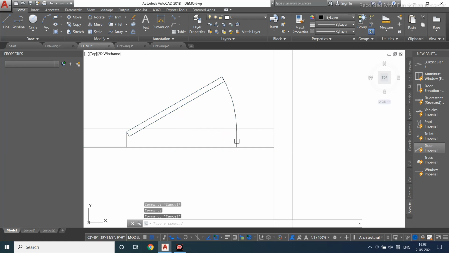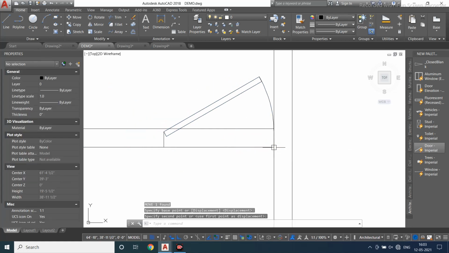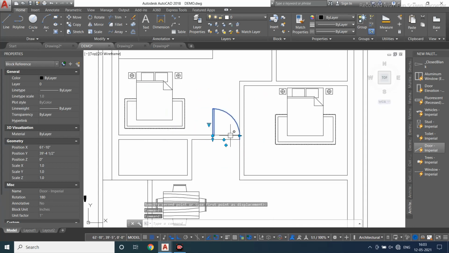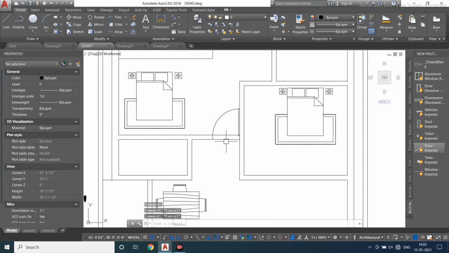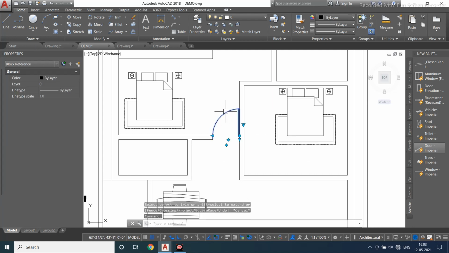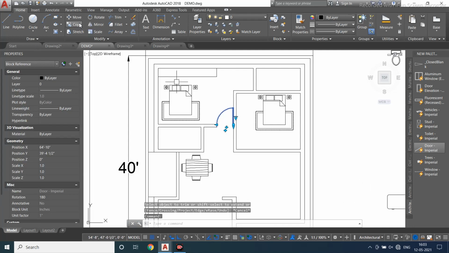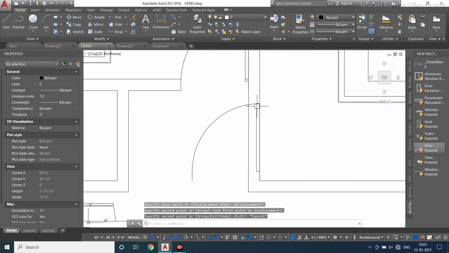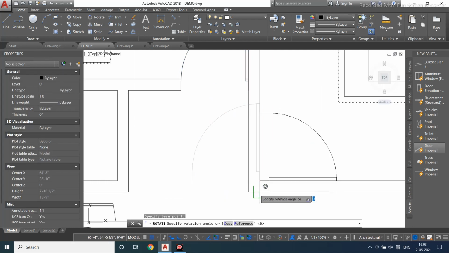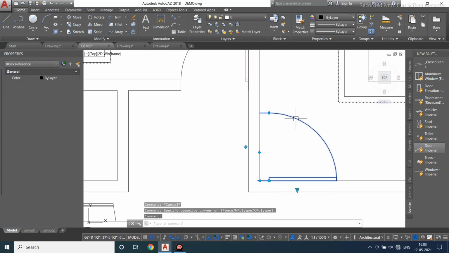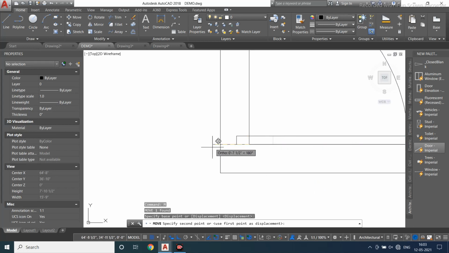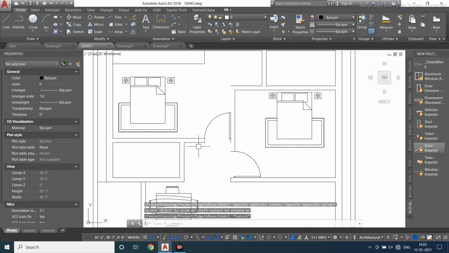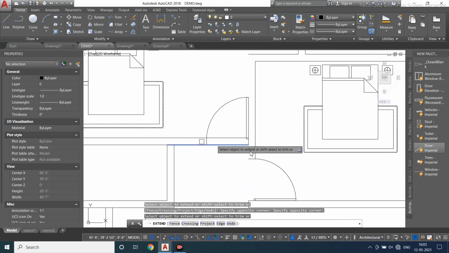So a 3-feet door, I just move the door over here. How easy it is. Select this one and click over here and make it 90-degree, and automatically you can flip it and trim over here. So now you can find it is easy. The same thing you can do over here. Come over here, rotate 90-degree, move it and trim it. So I think you are feeling it is so easy to work with this.